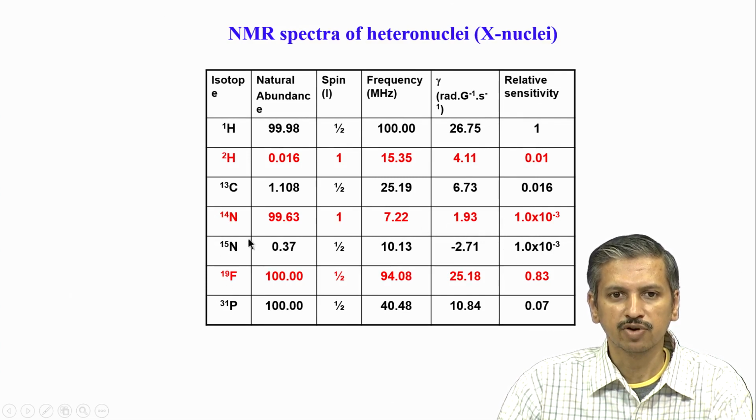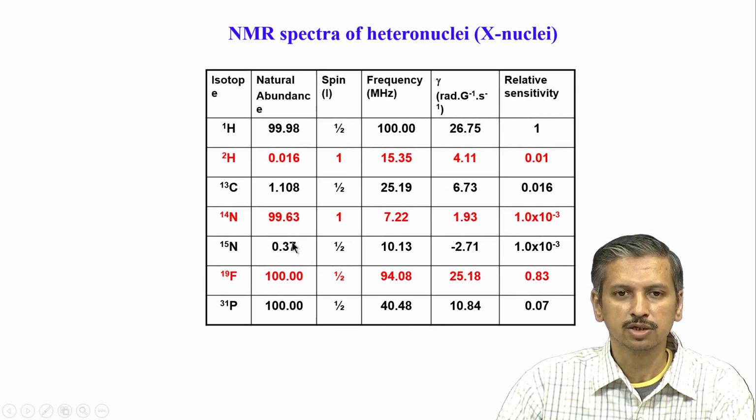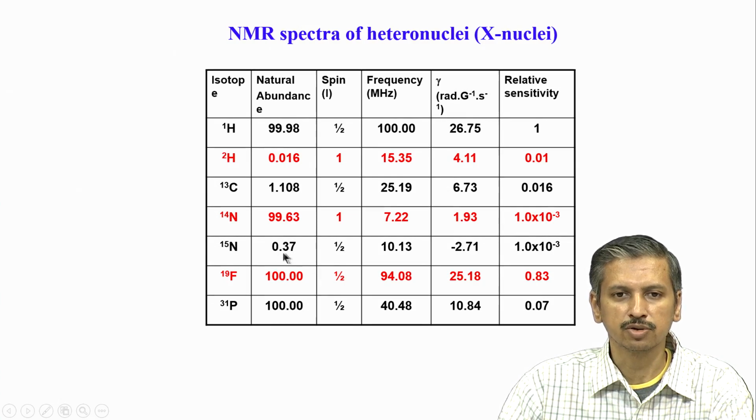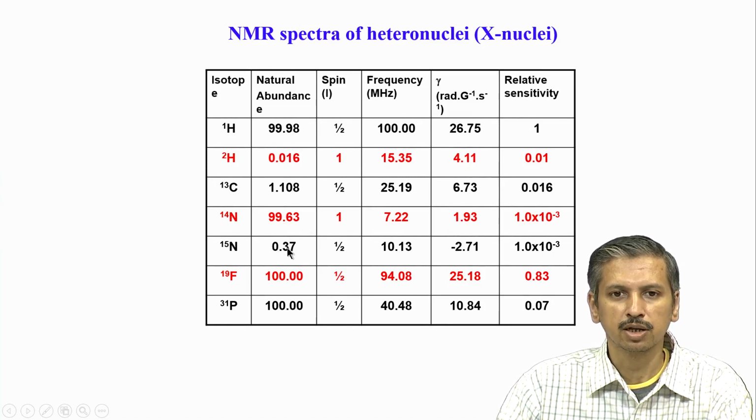But nitrogen 15 is a very abundant atom in biomolecules, so it is important to study it and use it for biomolecular structures. What we do again is enrich, or isotope label, the protein molecule with 100% nitrogen 15. In such cases the nitrogen sensitivity goes up because the abundance becomes 100%, like proton. So we jack up this number by isotope labeling. This other factor cannot be touched. It is natural to this nucleus, so we can't do much with this particular number. Similarly for carbon, for any of the nuclei, they are fixed.